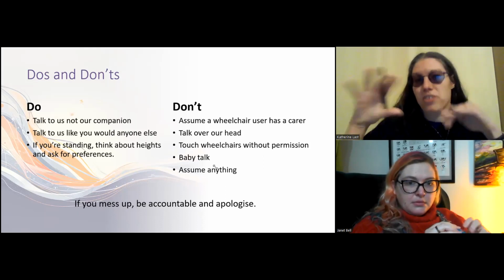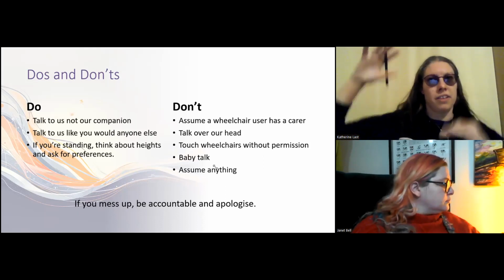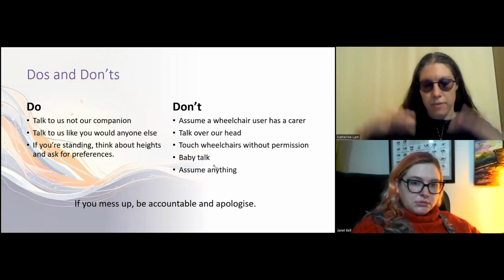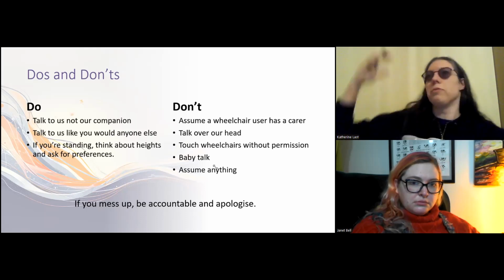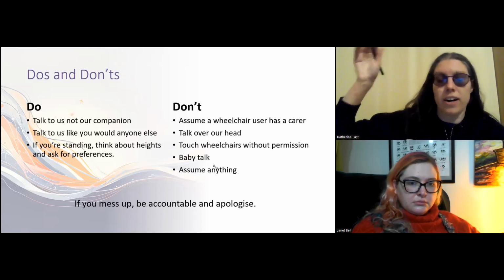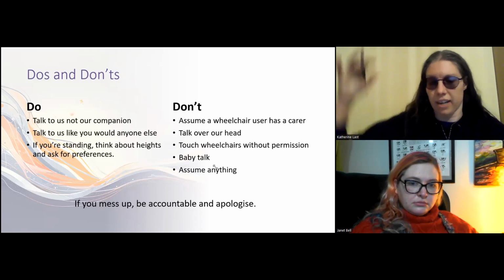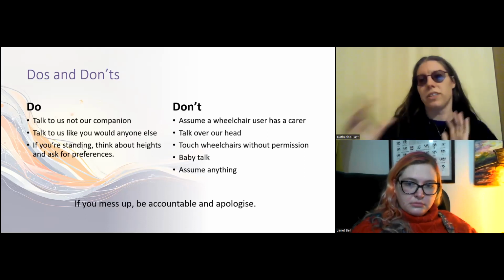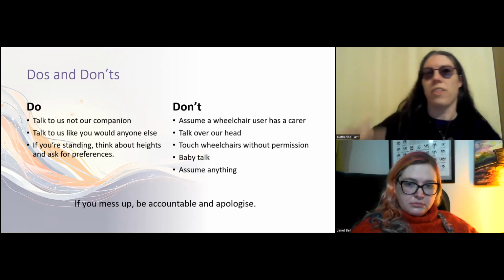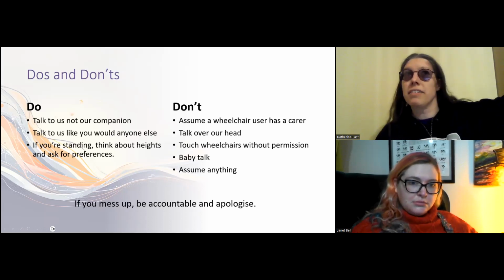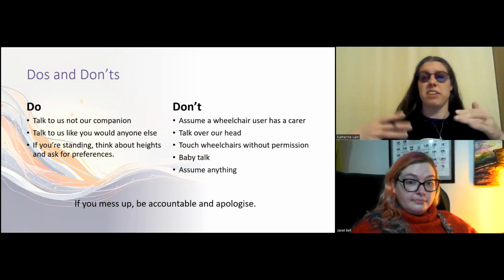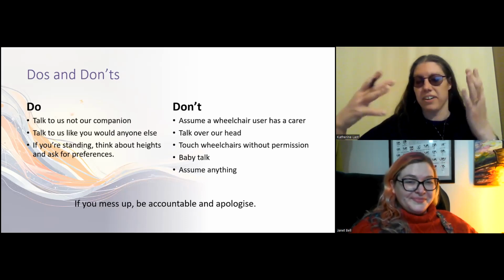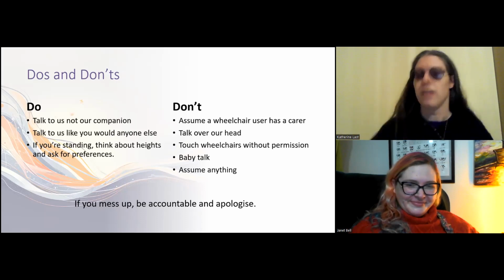I would say, when you're standing, think about heights, because the height difference can be a massive thing. So for myself, pun unintended, when I'm sat down and I'm talking to one of my friends who's about 6'5", he will always sit down to come down to my height, because otherwise I'm going to get neck ache really quickly. It's always a good idea to check with the wheelchair user what they would prefer. Some people would actually prefer you standing. I've had conversations where I'd actually prefer the person was standing because they're blocking out the sun, so I can actually see them if they're standing.